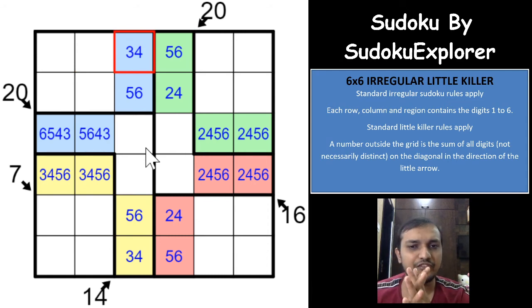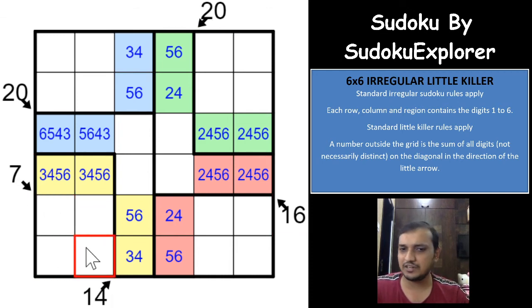Now comes a very complex logic here. This Sudoku is really giving us a very tough time, but I would say this is an excellent, very tough construction, and the geometry of the puzzle is designed in such a way that you get digits automatically with the logic that has been used in this Sudoku. Now many people will be thinking that we have already deduced the 4 little killer clues, so there has to be something with the 7 here.